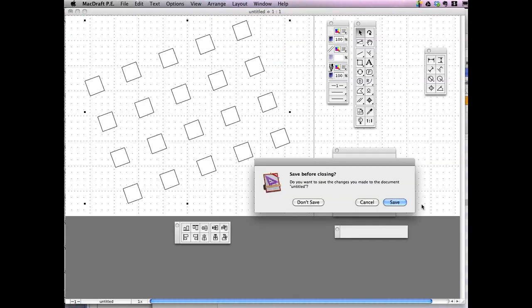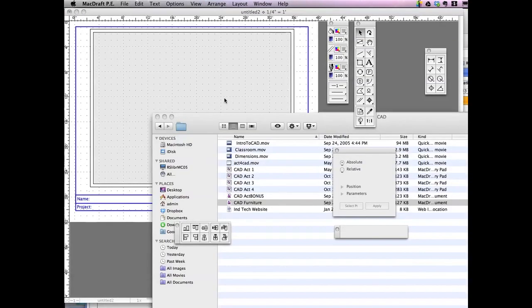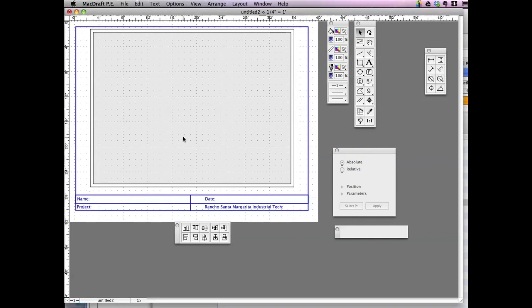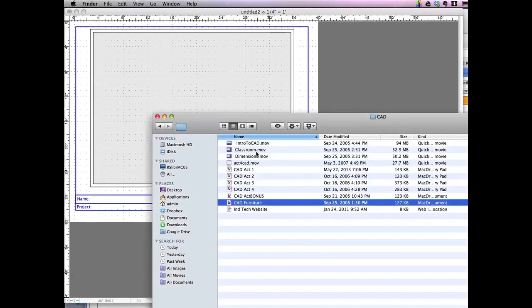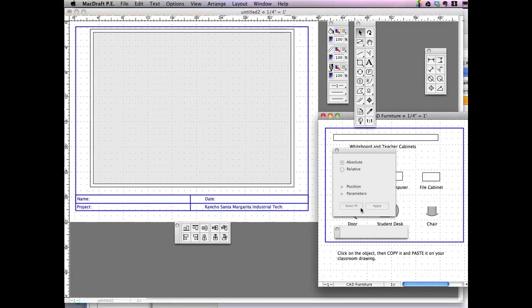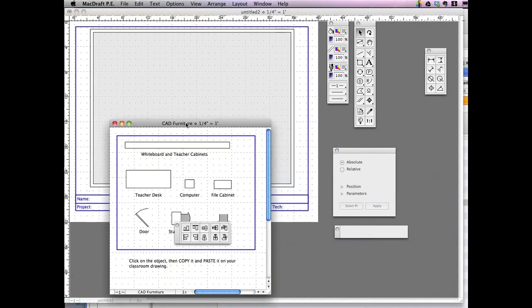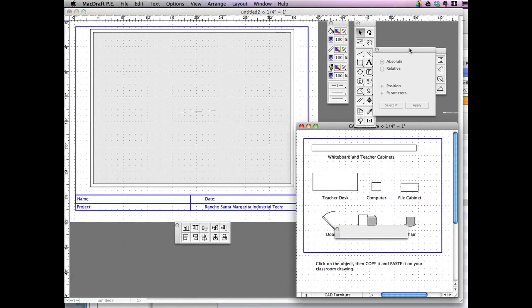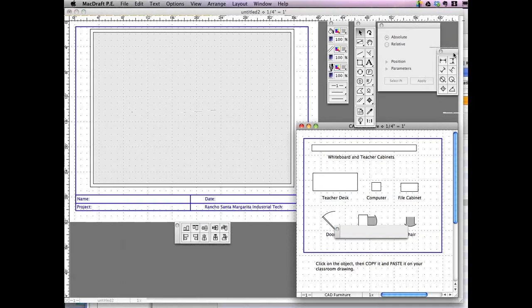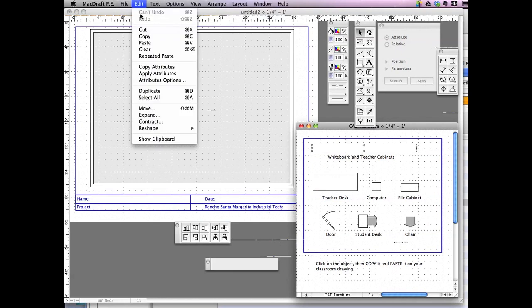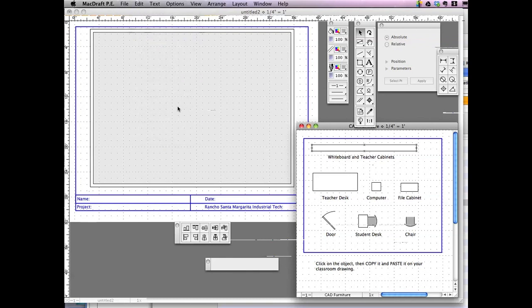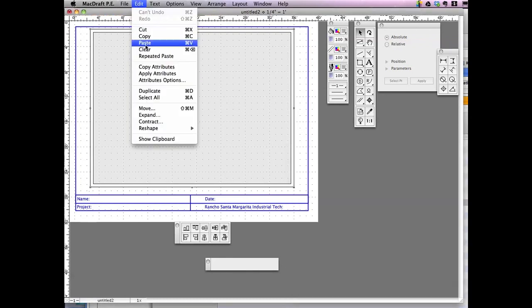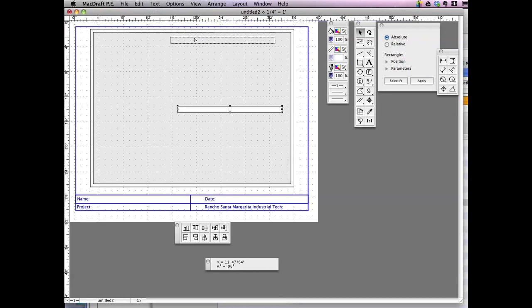So let's go back here to our classroom. I have the classroom opened up right here, and I also need to open up the furniture. And here's the furniture for the classroom. It's already pre-drawn for you. So we can click on these different objects, edit, copy, then you have to click where you want it, edit, paste, and we can paste it where we need it. And just continue